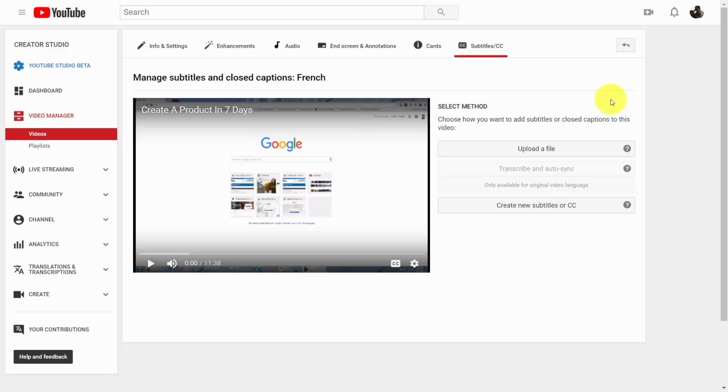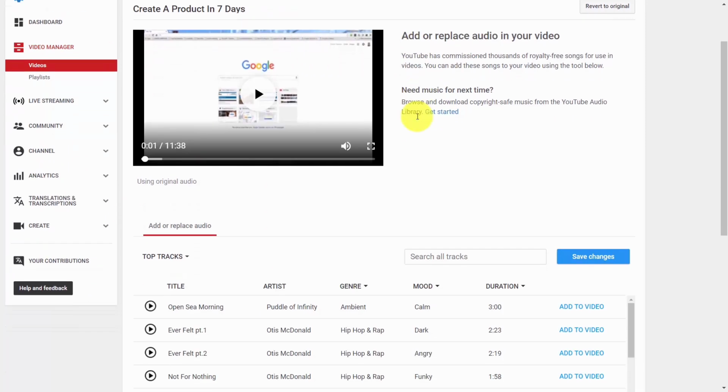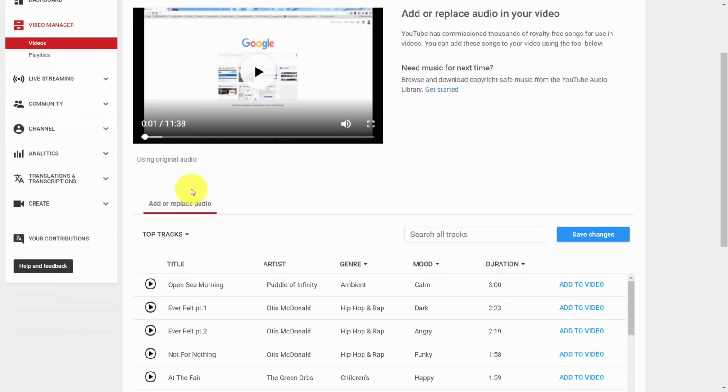Welcome back. Now, depending on what your live stream is and what you're trying to do, another part of the post-production process may be to add music. And you can do that inside of your video editing screen and going to this link that says audio. And when you do that, what you're going to notice is that you can add or replace audio inside of your video. Now, you're not going to be able to add anything from your personal computer to your existing video, but you will be able to add music that is already available on YouTube